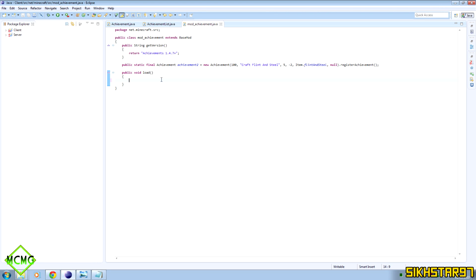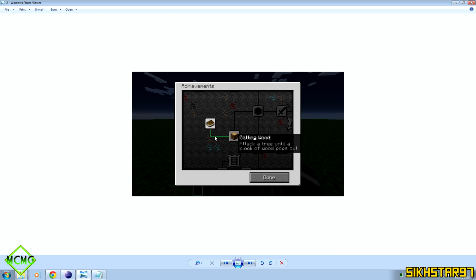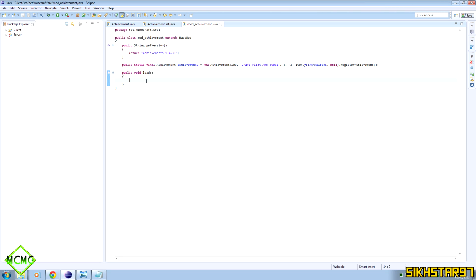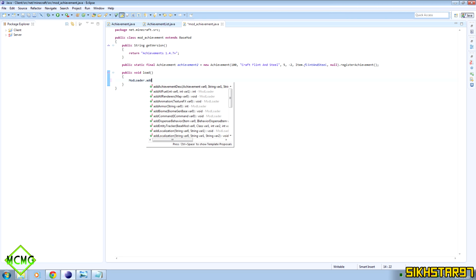So now the next thing I'm going to do is give this achievement a visible name and description. The method is called modloader.addAchievementDescription, but there are 3 parameters because one of them is for the name as well. That name is visible in the map, the name being at the top there and the description in light grey. Or when you get an achievement, the name's in yellow and the actual description is in white. So to do that, we put inside the public void load method modloader.addAchievementDescription,